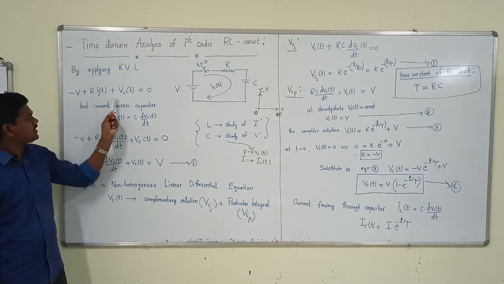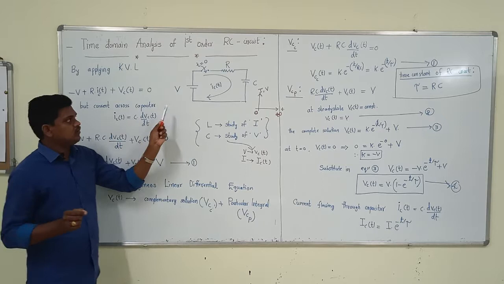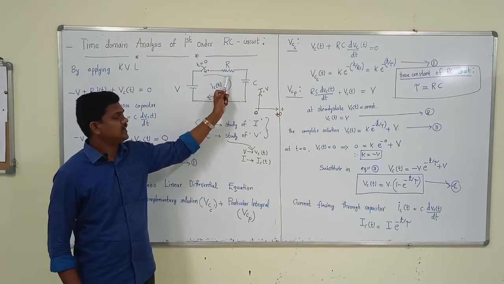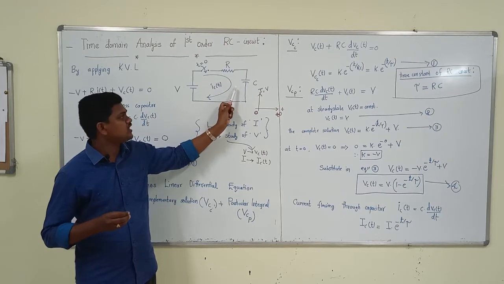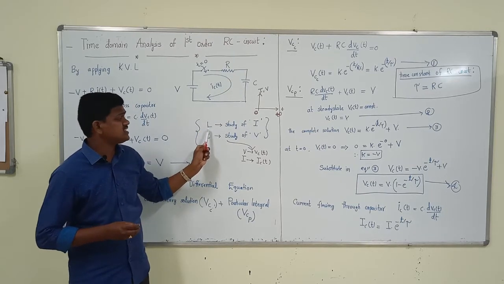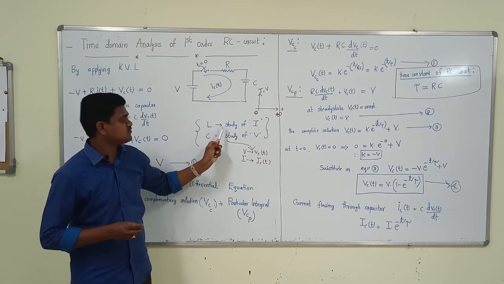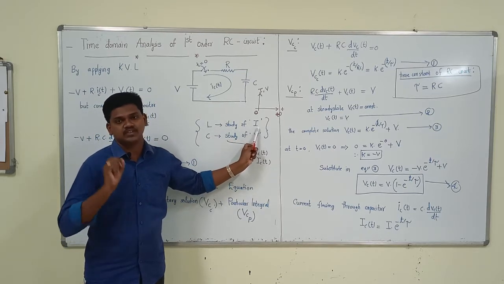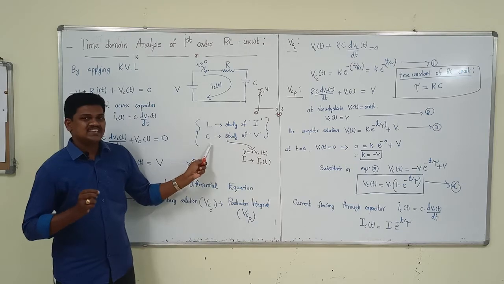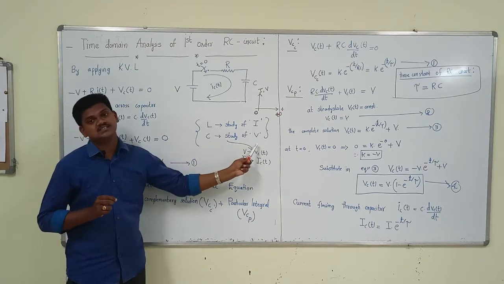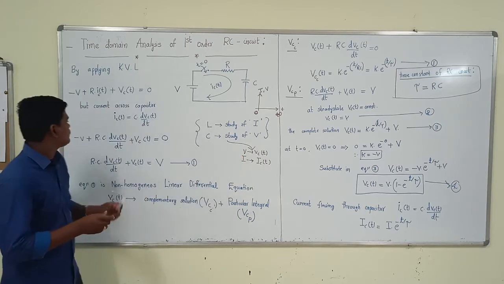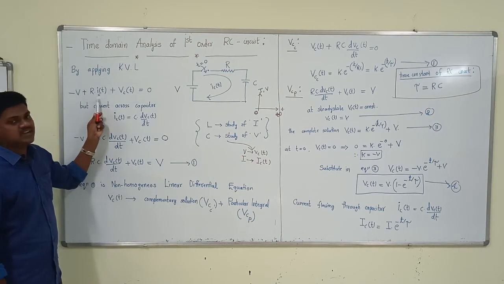Generally, when we were discussing the resistor inductor series circuit, we analyzed everything about the current. The reason is, when studying the inductor, our reference is the current of the inductor. When studying the capacitor, our reference is the voltage. We have to study the voltage. That's why here we have the current through the capacitor.